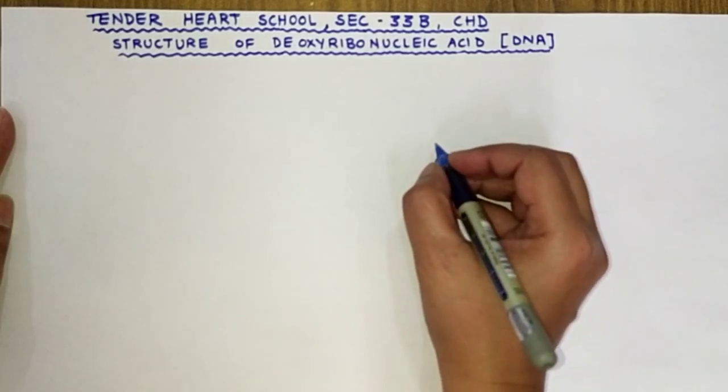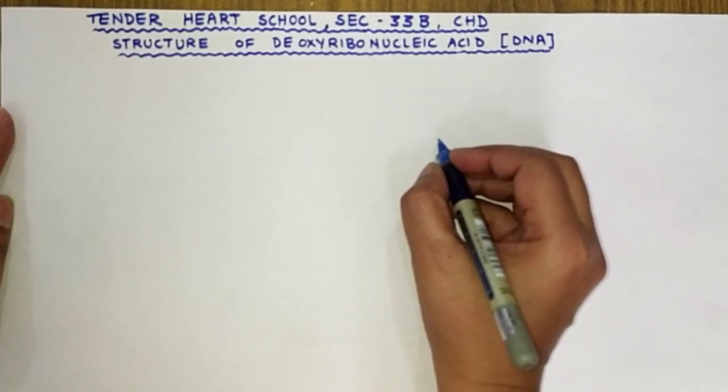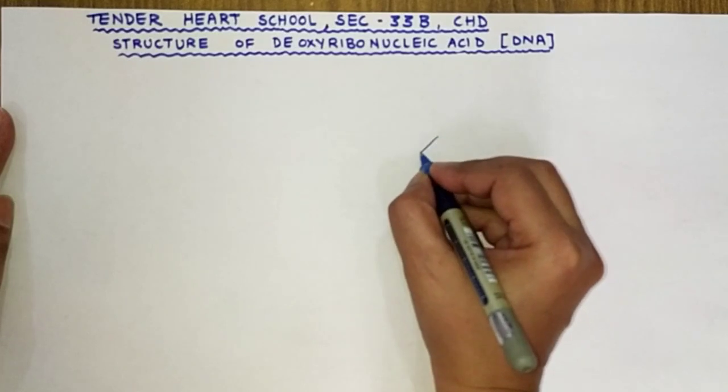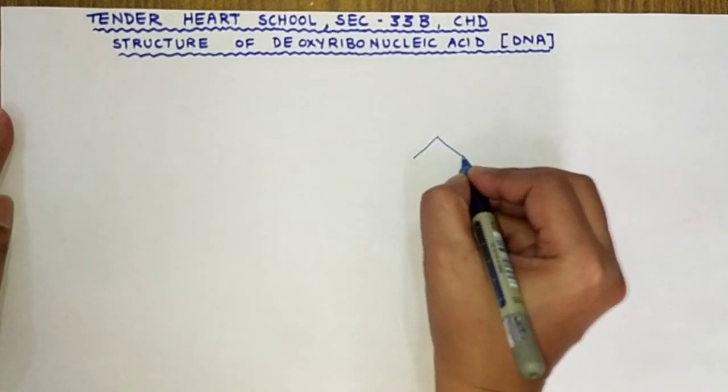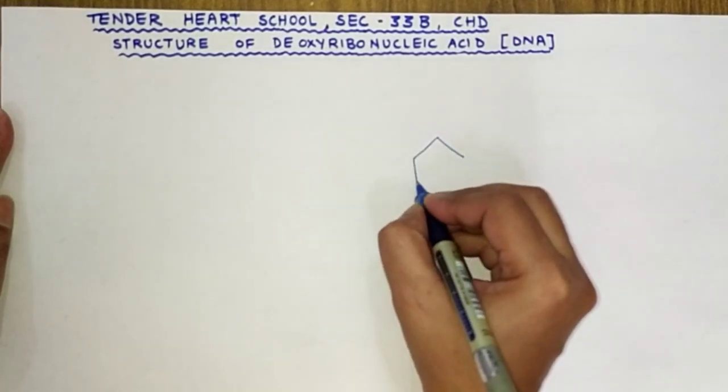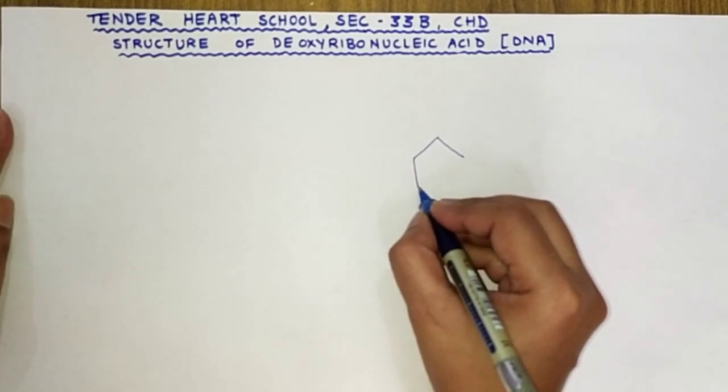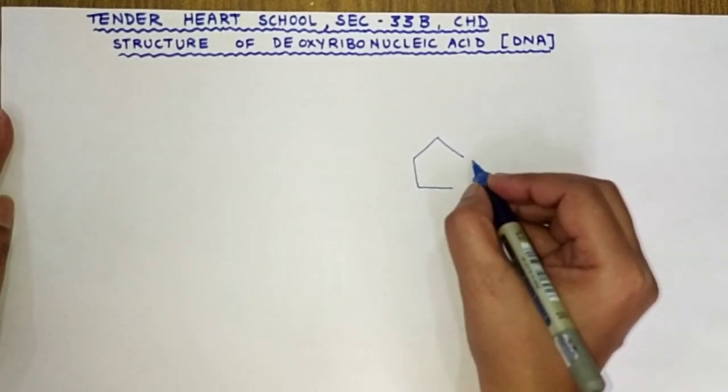Deoxyribonucleic acid, DNA, is a double helix structure. It is made up of small units called nucleotides. So let us first draw the nucleotide. A nucleotide is made up of